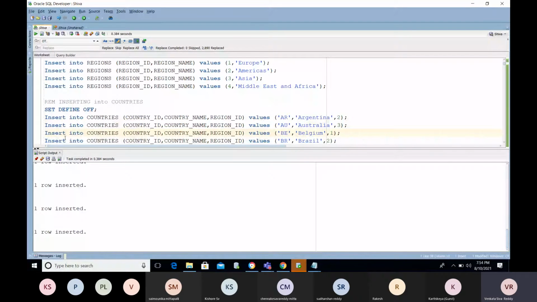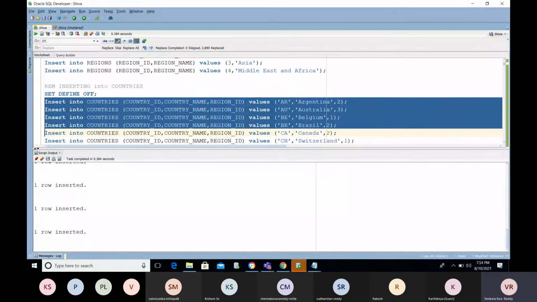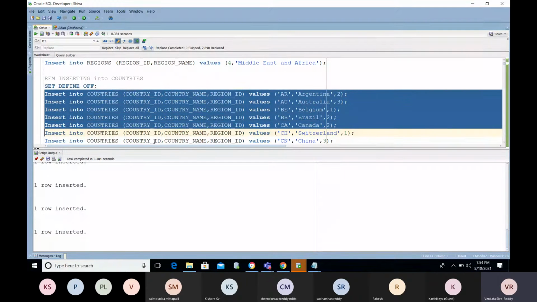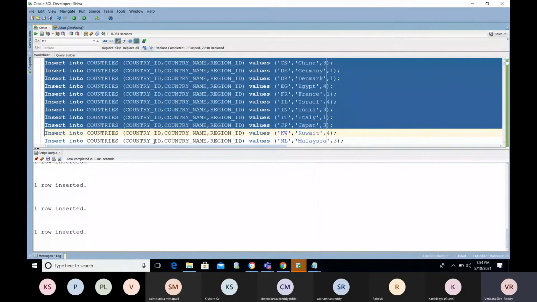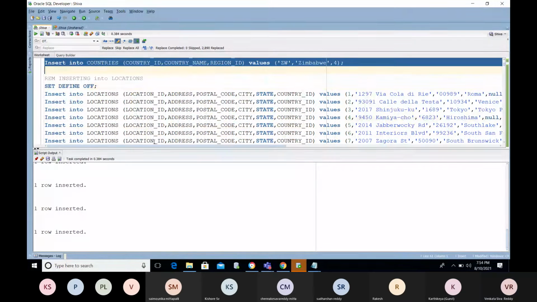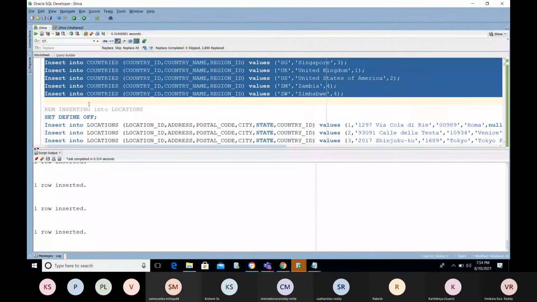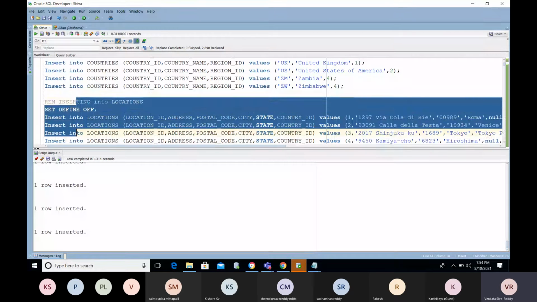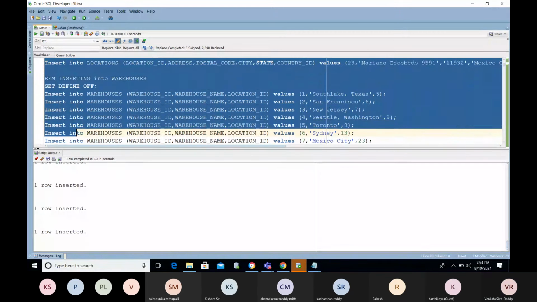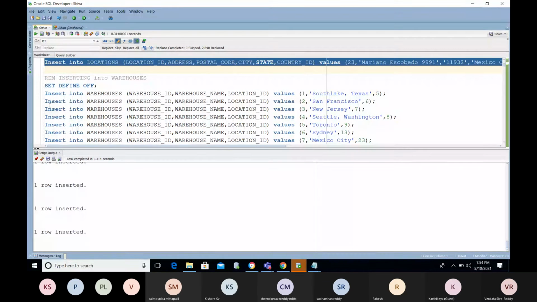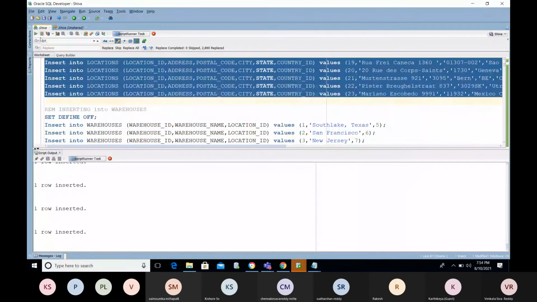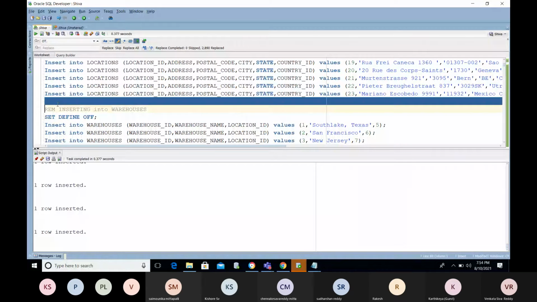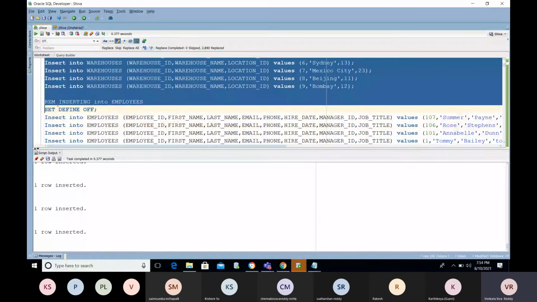And again, in countries, what are the countries we have here? Argentina, Australia, Belgium, Brazil, Canada. We inserted all the countries in this. Locations. Warehouses.